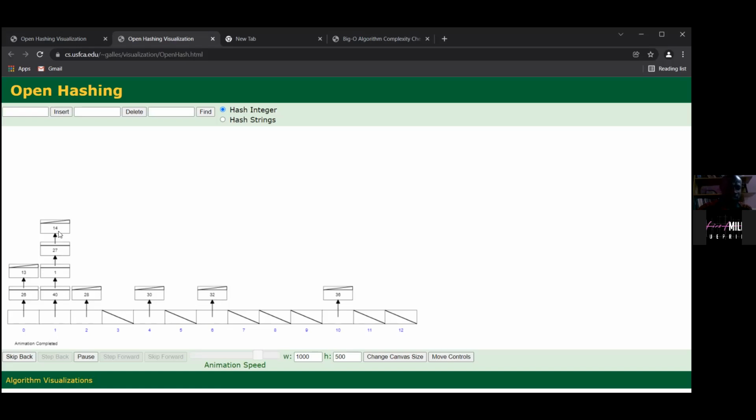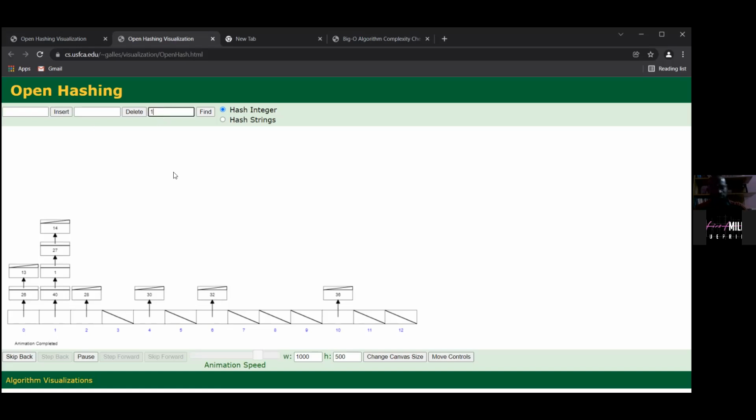If I want to access 14, I'll first of all have to come down to this memory space and check whether this first item is 14. Nope. I move over to this and check if it's 14. Nope. I move over until I get to 14. So do you now realize why the worst case is O of n? That is when collision has happened.